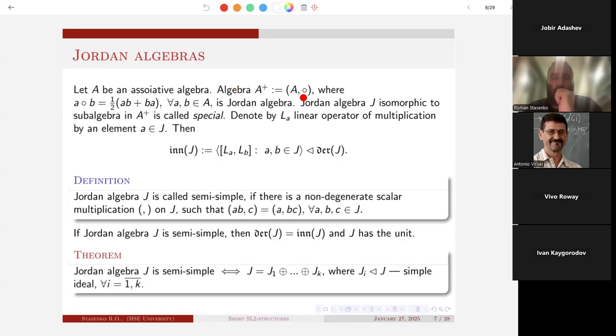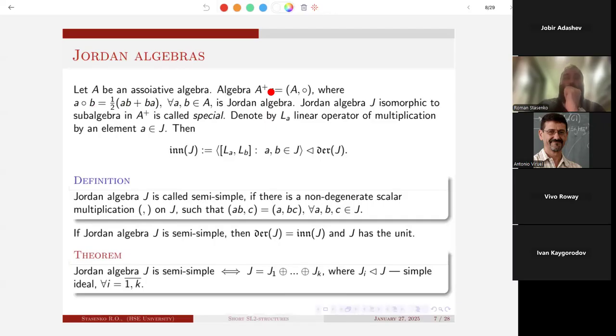Like a vector space, it is the same as A, but the multiplication is different. Here you can see its formula is the multiplication of the elements in one order plus the other order, divided by 2. So if we replace such a multiplication, we will get a Jordan algebra, and this case is called a special Jordan